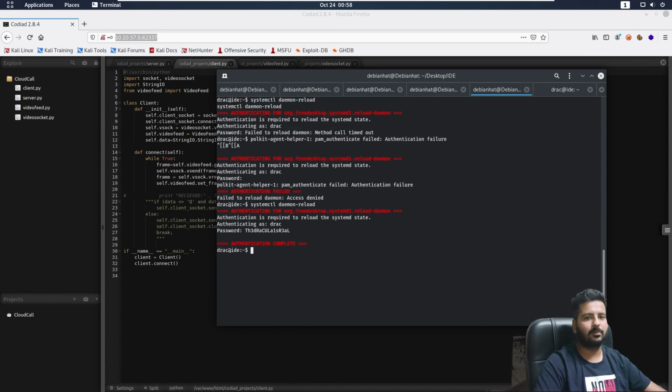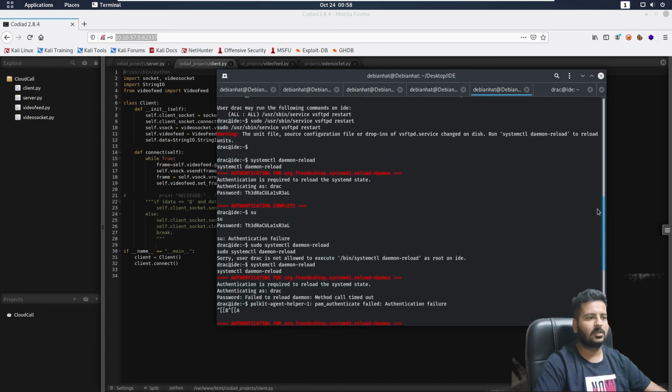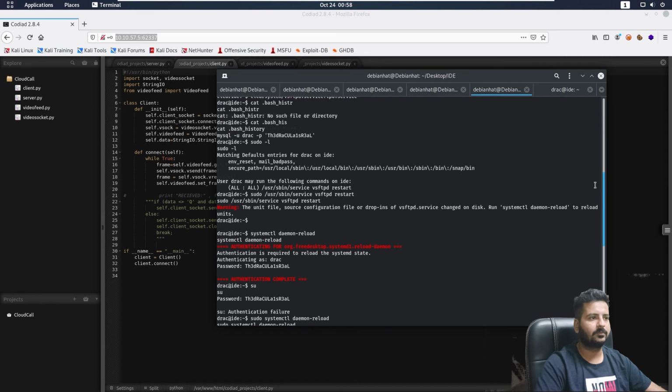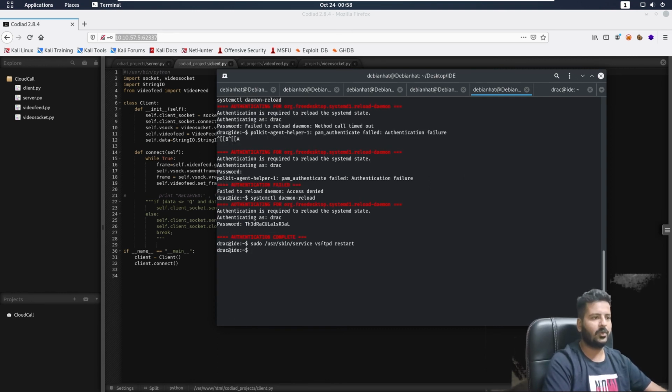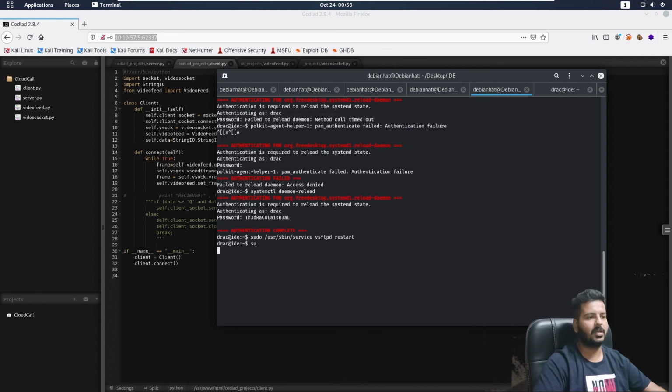So I'll copy and paste it right here in. There, authentication completes. Now what I'll do, I'll just run that command that was needed. So now I will run this. There, we have run this command successfully. Let me try to switch to root.